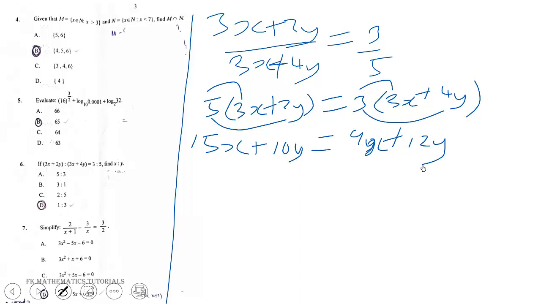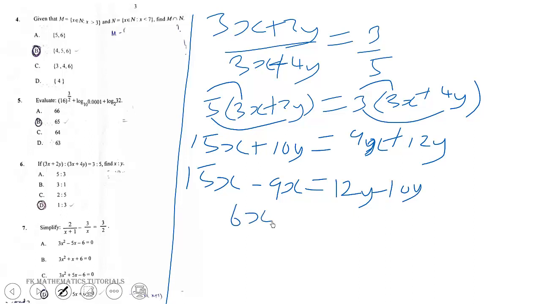So combining the terms, x on the left hand side, we have 15x minus 9x is equal to y's on the right hand side. y is on the right hand side, x on the left hand side. So we have 12y minus 10y. So we will get 6x will be equal to